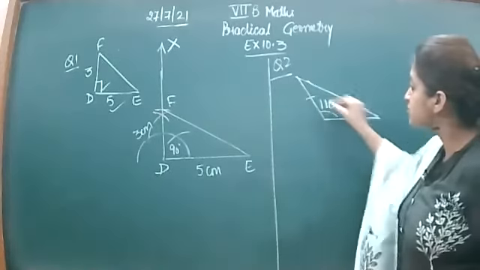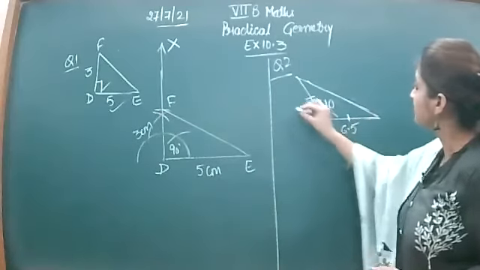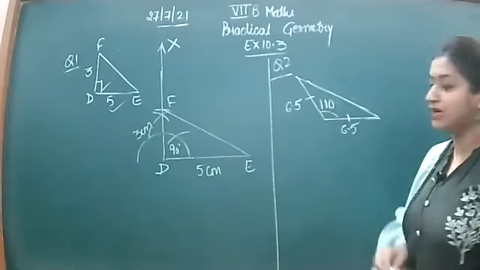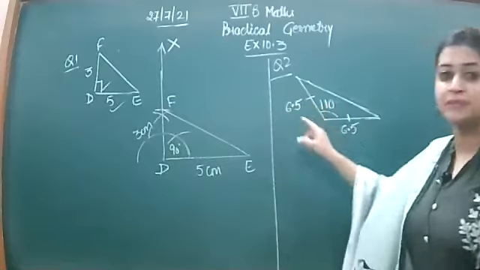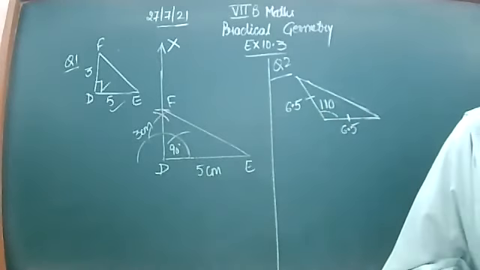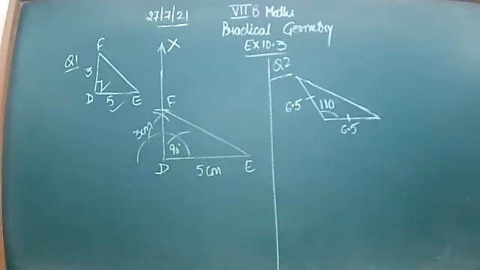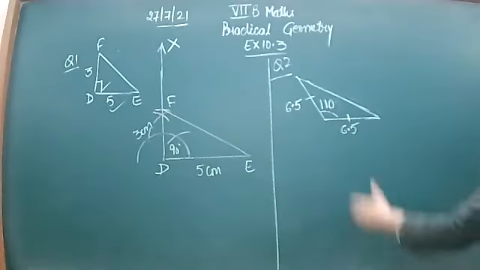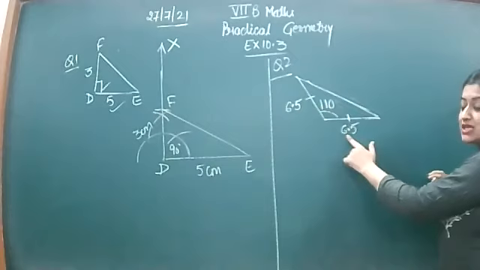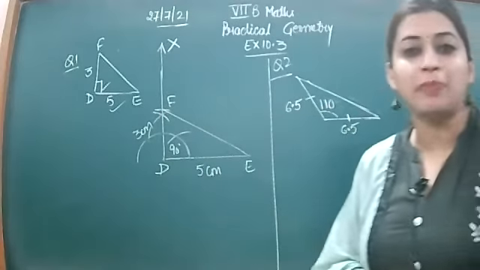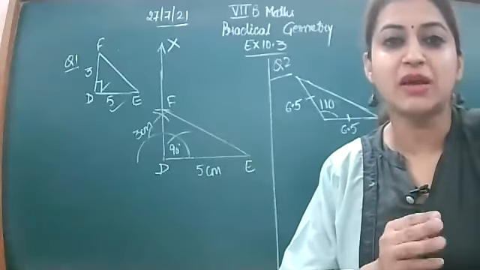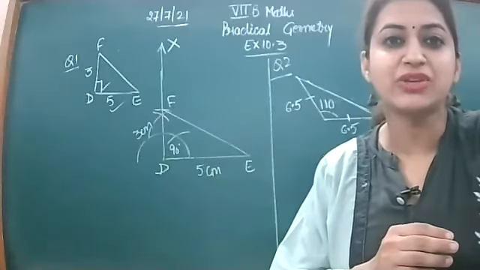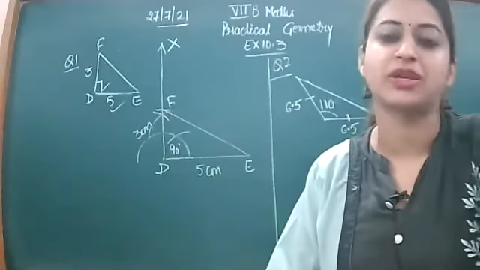Okay. And these two sides are equal, that is 6.5 and 6.5. So two equal sides are given, 6.5 and 6.5, and the angle between the two equal sides is given as 110. Nothing else is given. So this is exactly the same: base and one side are given. Keep one thing in mind: it is compulsory to have three things for the construction of a triangle. If less than three things are given, it's not possible to construct the triangle.